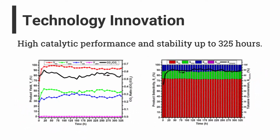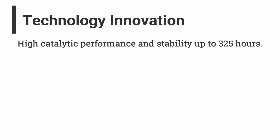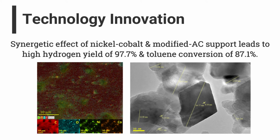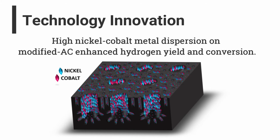The technology innovation of our developed catalyst is that it has high catalytic performance and stability out to 325 hours. This is due to the synergetic effect of nickel cobalt and modified AC supports, resulting in a high hydrogen yield of 97.7% and toluene conversion of 87.1%. High nickel cobalt dispersion on modified AC also plays an important role towards enhancing the hydrogen yield and tar conversion